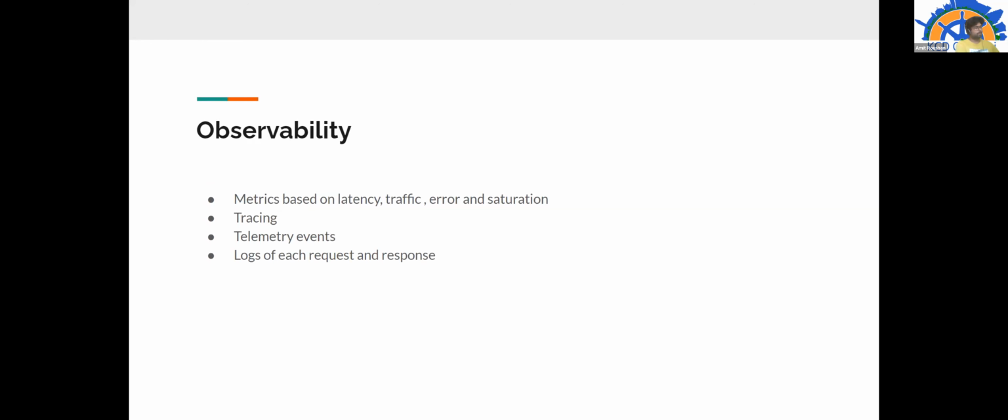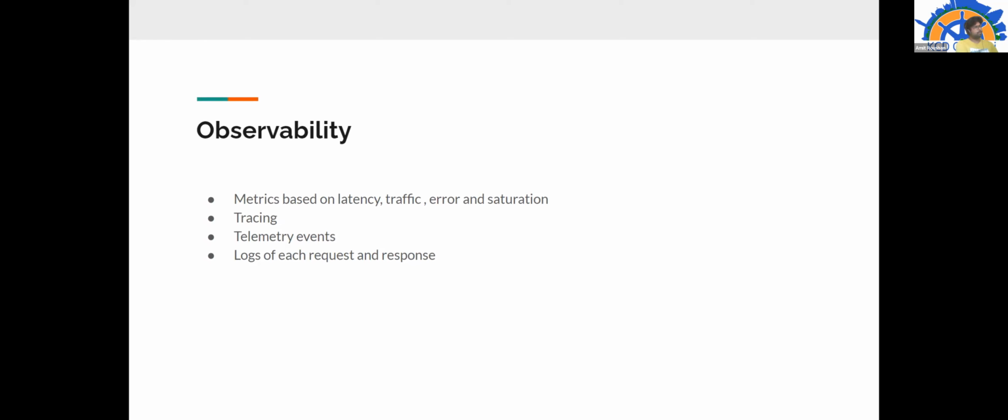It has three pillars basically. One is metric collection, another is tracing, and the third is log management. So in Istio, by default, different components are already integrated for observability, like metrics. Prometheus has been integrated with Istio by default, and Envoy proxy supports giving all the metric related information, like what is the latency of a particular request, how many requests were successful or failed, how much time it took to complete